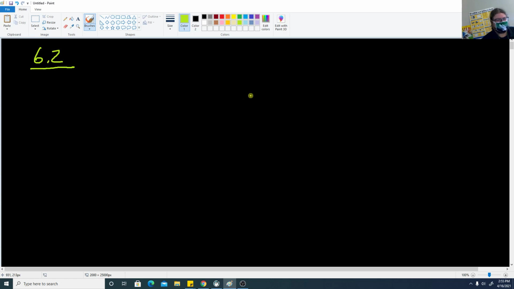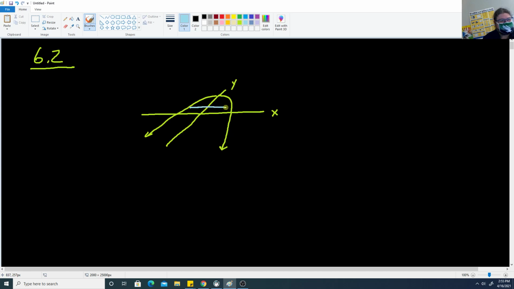There's three different parts of this section. The first part is we'll be given a graph of maybe a parabola. So let's say we have a parabola and we're looking at it from above. Let's say this is the x-axis and this is the y-axis. And our parabola, maybe it opens downwards like this. And what we'll be doing is maybe we have cross sections on this parabola that are squares. So the base of the cross section is the width of the parabola, and therefore the height of the square